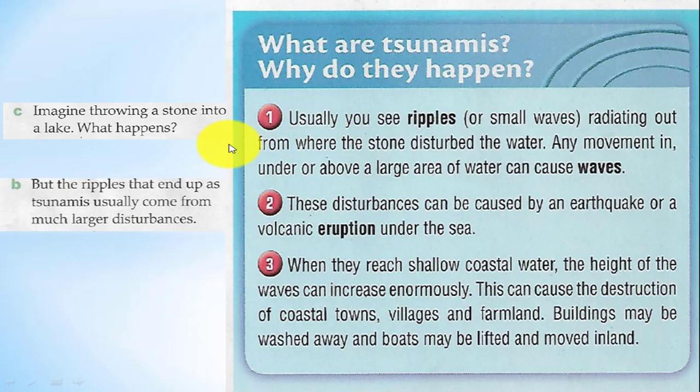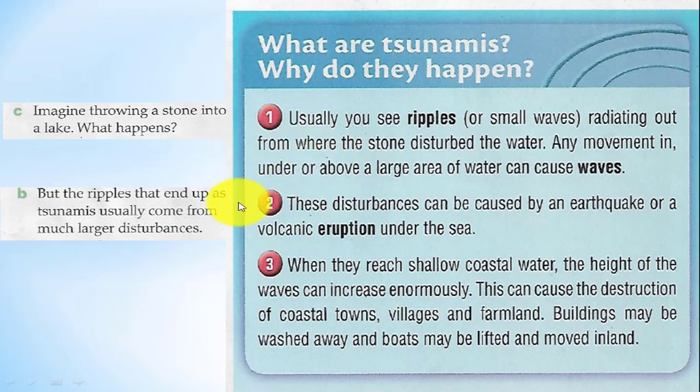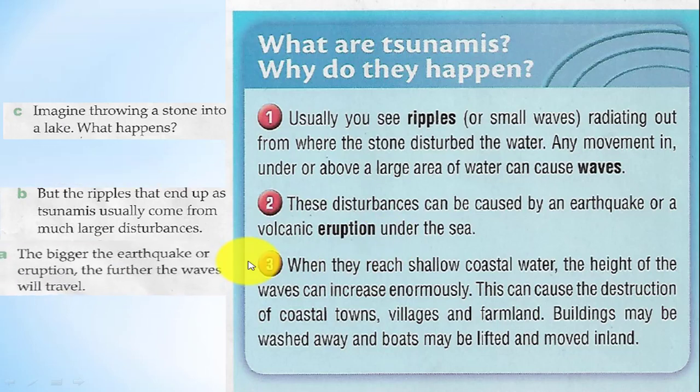If you say that B is related to paragraph number 2, that's great, because here we're talking about the ripples that end up as tsunamis, which usually come from much larger disturbances. So here the disturbances are explained, and these disturbances can be caused by an earthquake, etc. Now the last one is